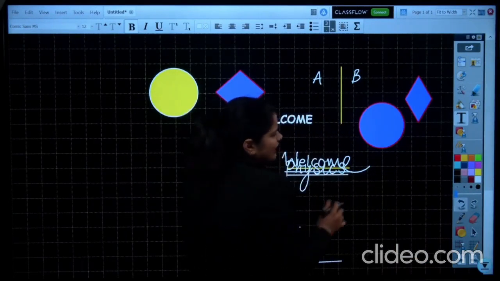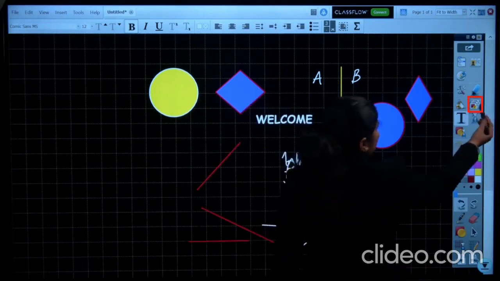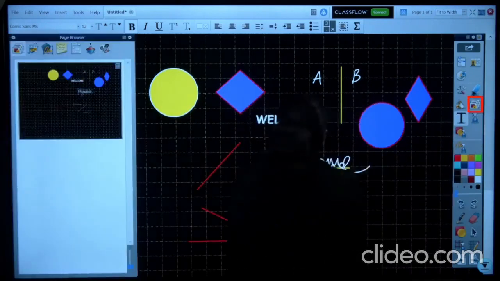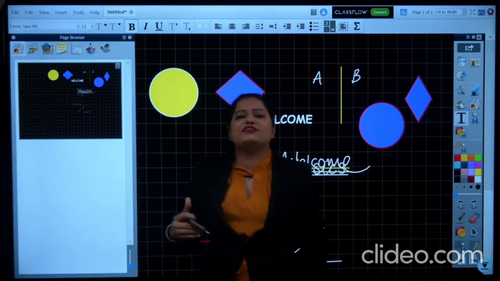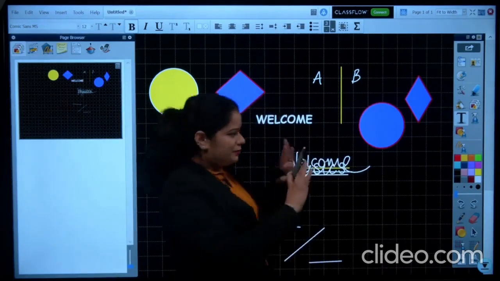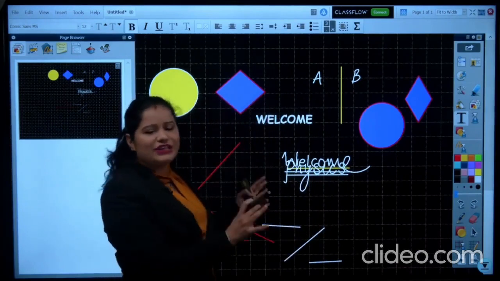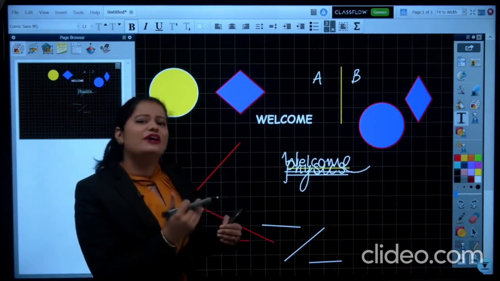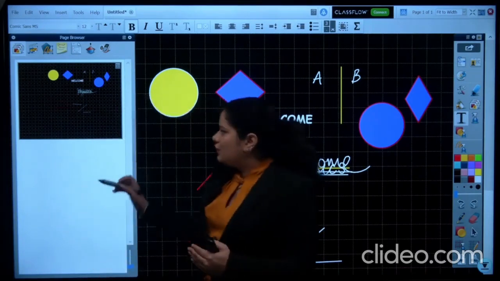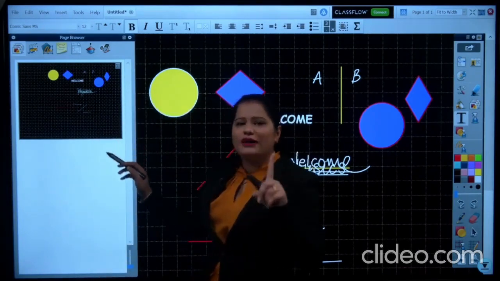Moving on to the next thing, you must be seeing these pages over here. Once you click on that, you can see these are opened up. So right now in this flip chart, these sessions that we are making over here will be stored in the ActivInspire as flip charts. Right now you can see over here, there is just one page.